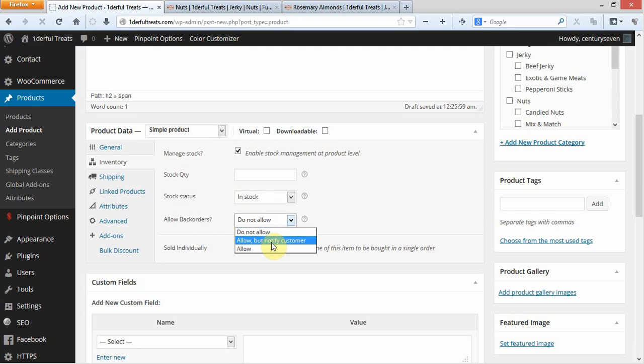If I tell it allow but notify the customer that it's back ordered, or just allow but don't notify the customer that it's back ordered, then even though you run out of stock, it's going to go ahead and show that they're in stock, but here it will notify the customer that it's out of stock and in back order is what it will do. But if you tell it not to allow back orders, then when it's out of stock,